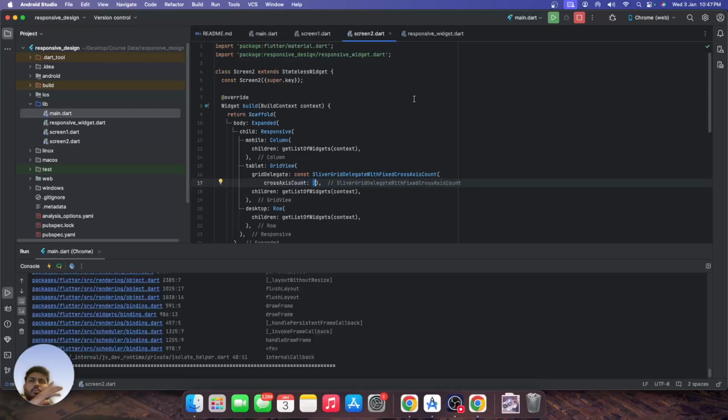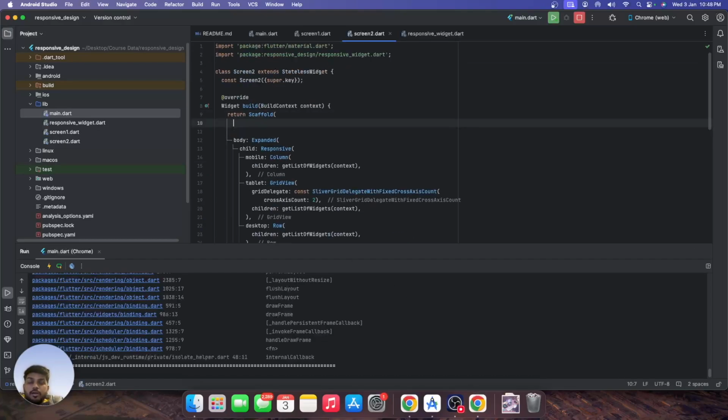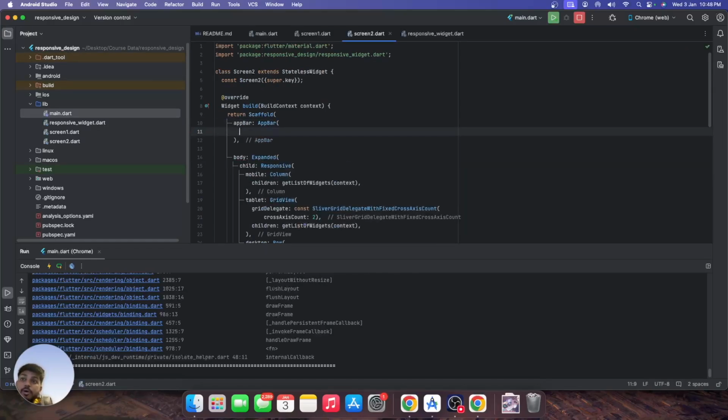Mostly what happens is mobile designs work really well on tablet. So you don't need to do that much on tablet. You can just simply copy paste the mobile and do a little bit of tweaking over there. Now what I'm going to do is add the app bar. Now what I want is, in the app bar, an icon, but only on tablet and mobile. So what I'll do is, in leading,